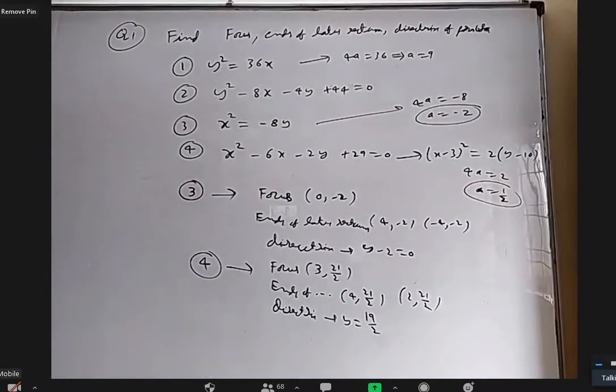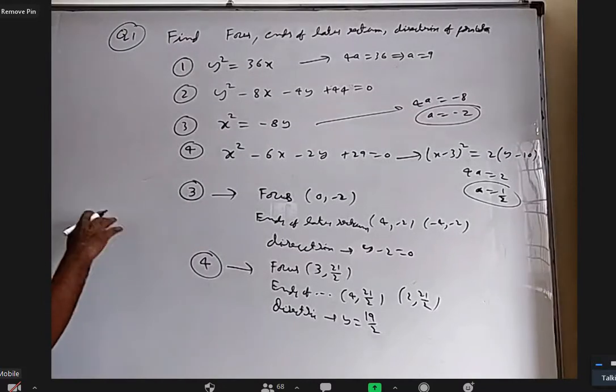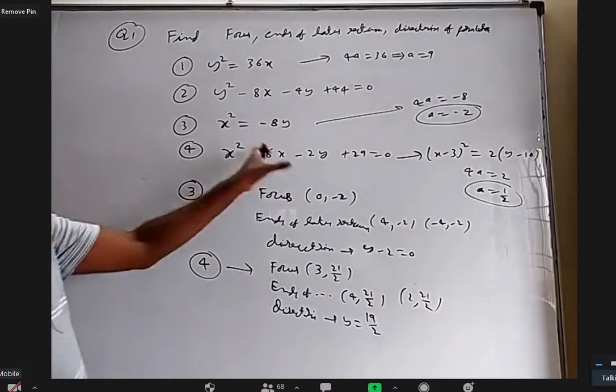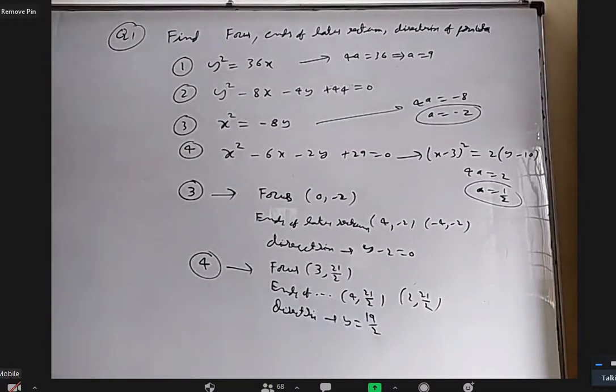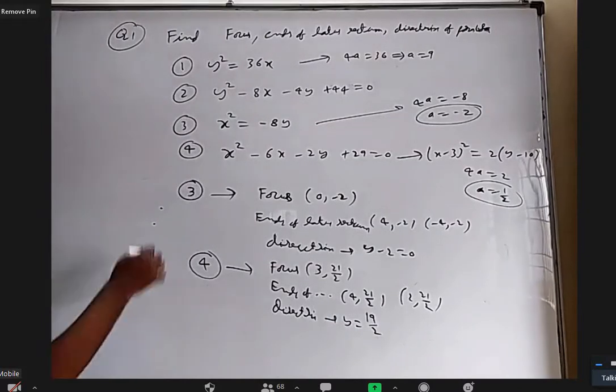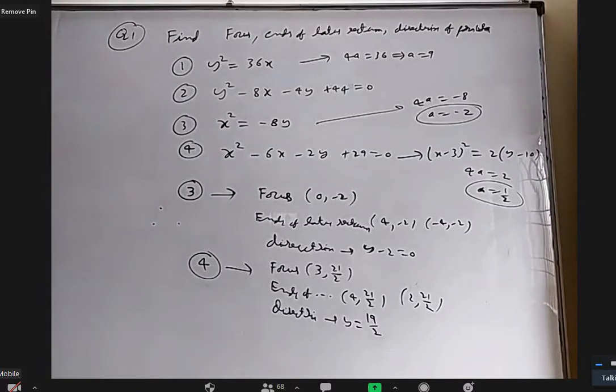Okay, let me ask a general question to you. I'm talking about any parabola, horizontal, vertical, rotated, doesn't matter. How many points should I know? Like for example, if I give 2 points, passing through them, infinite circles will be there. But if I give 3 points, if they are not collinear, there will be one unique circle. Am I right?